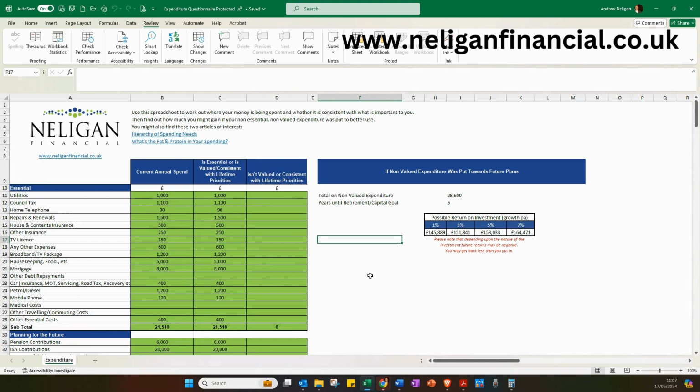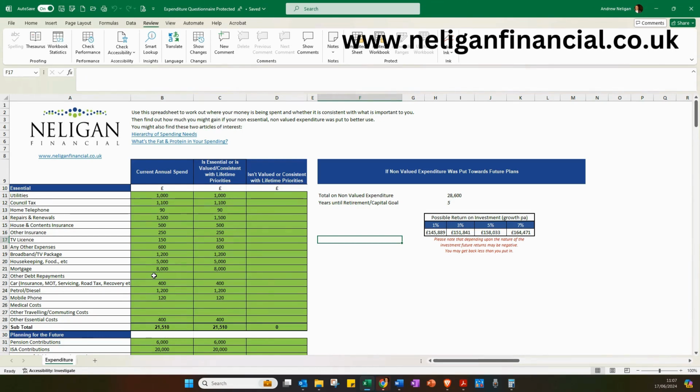Now, there are different ways you can use this spreadsheet. If you just want to simply itemize what your current expenditure is and then use that as an assumption of what your future expenditure will be, you can just use this current annual spend column here, and you can see I've pre-populated it. You can then, if you want to go a step further, see if where you're spending your money is consistent with those parts of your life which are important to your priorities and your values, and then see if there's any